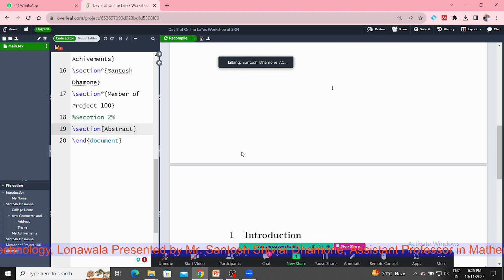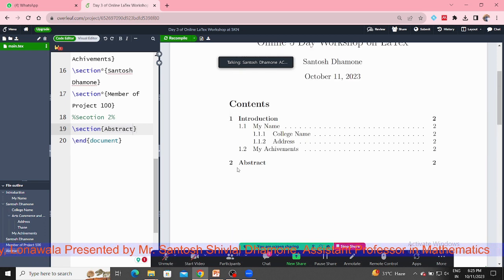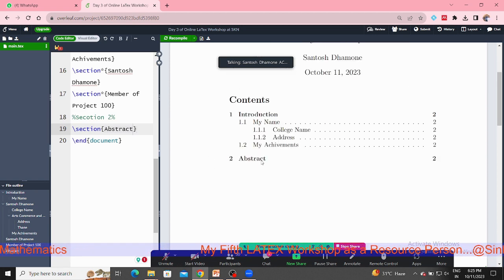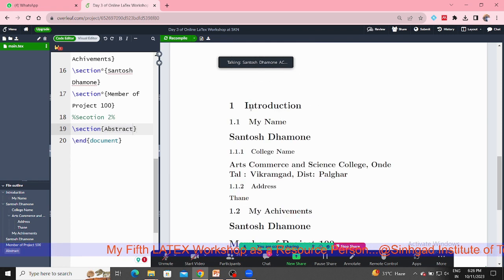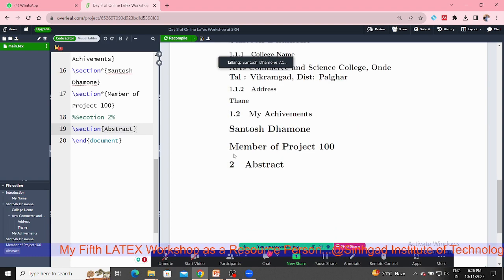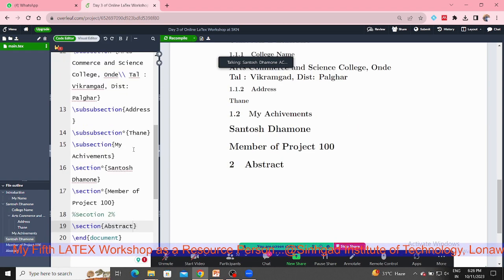Okay, and the table of contents changes to: first section introduction. In this first section there are two subsections, 1.1 and 1.2. In the first subsection there are two subsections, which are college name and address. Okay, these are the types of document, table of contents, and we add two sections, introduction and abstract. In abstract we write